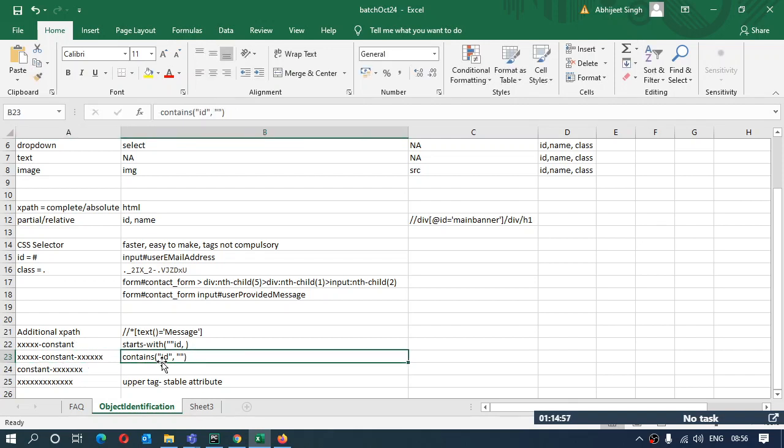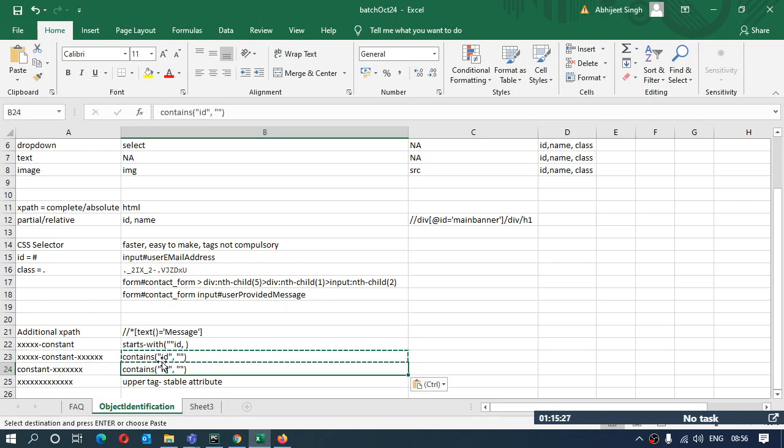So in the whole ID it will look for the constant part. If that constant part is there, be it at the start, be it at the end, be it anywhere, it will give you the element and you can work with it, right? And these three cases can be handled with contains. You can look for all three of the options like this, right?